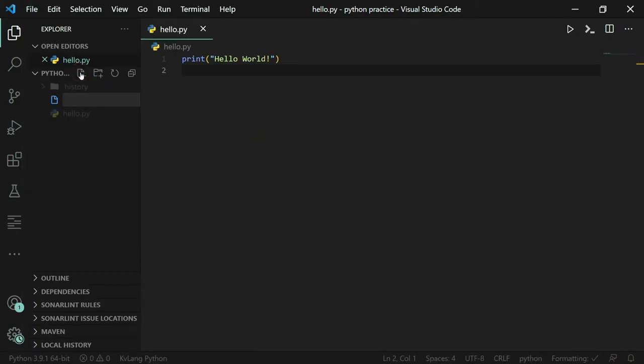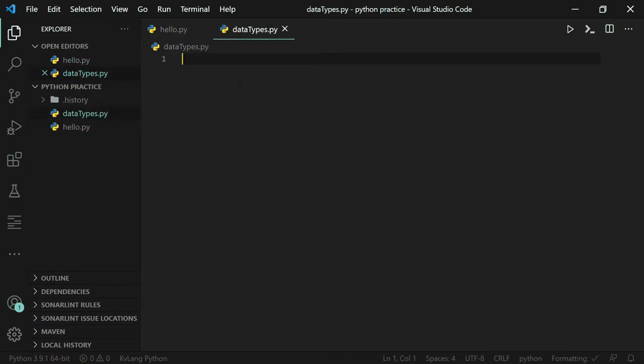Let's create a file named data types dot py. The basic format of assigning something to a variable is a equals to some value, that is a equals to 10, where a is an identifier and 10 is the value. So this is the basic format of assigning a value.